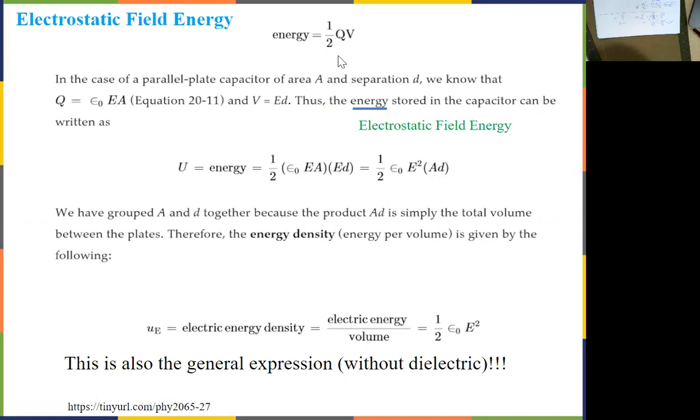And Q is epsilon 0 times E times A. So energy U is equal to 1/2 Q times V. Actually, no, Q is not from C times V. So Q is basically from